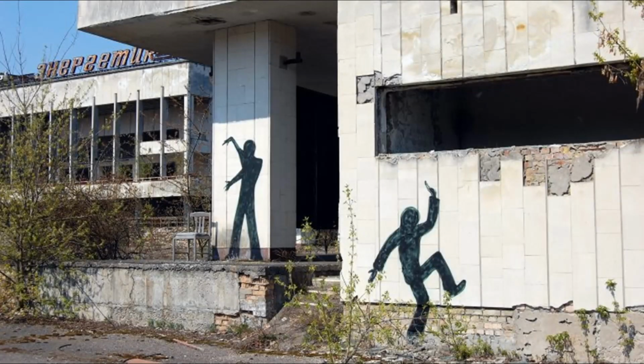Silhouettes of missing townspeople. Most people try to get away from nuclear disasters. Others think, cool, let's break in with a can of spray paint. Graffiti artists said to be from Germany and Belarus must have missed the whole newsflash about deadly radiation. Or maybe they thought there was an off chance of obtaining superpowers. Like every third or fourth Marvel superhero, whatever their motivation, graffiti artists did sneak into the exclusion zone, and many